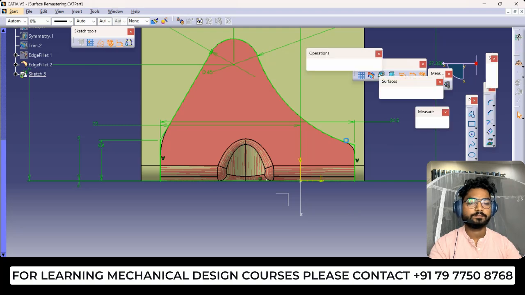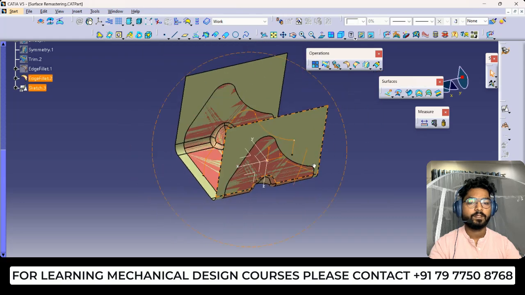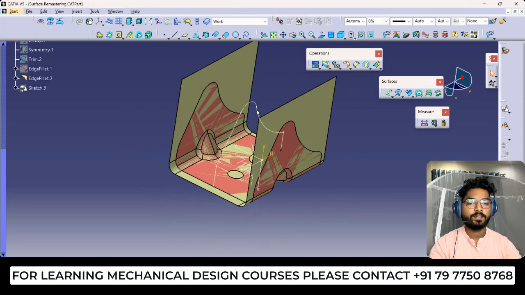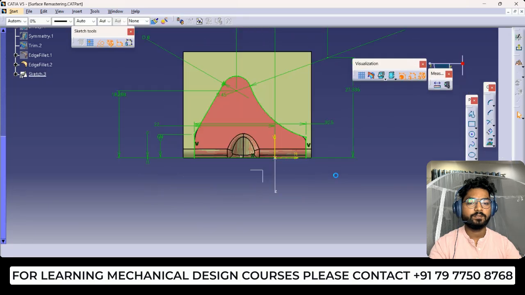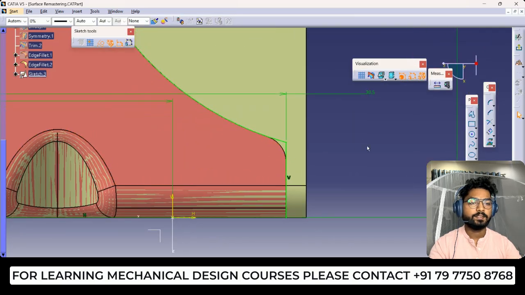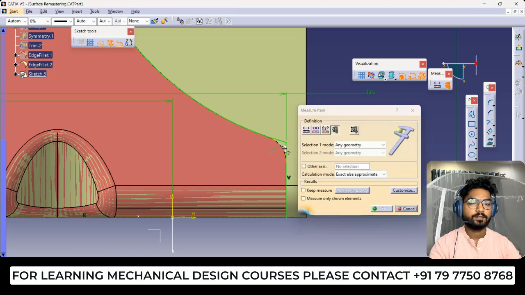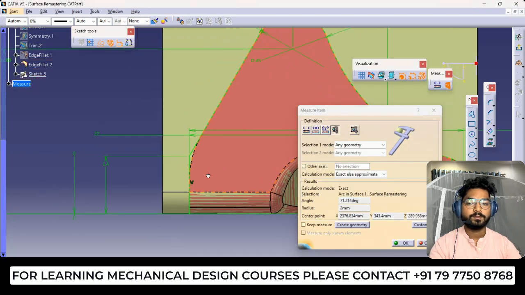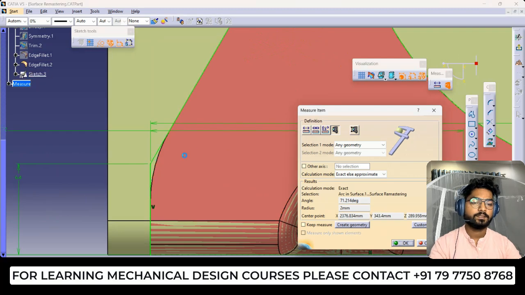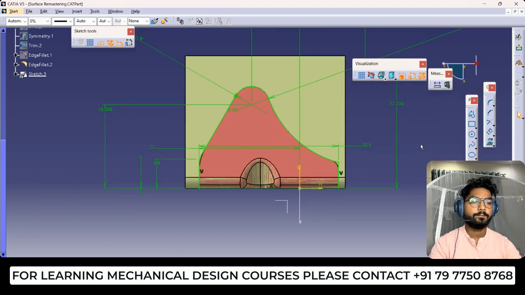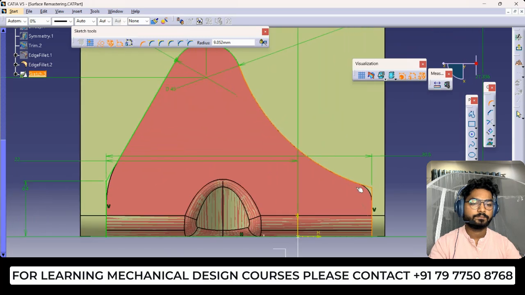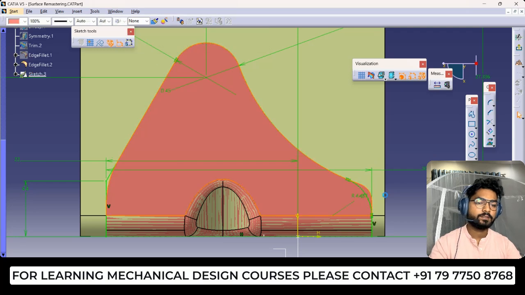exit. Okay, so this is the shape we are going to create. One more thing, here fillets are pending, so fillets also we can apply directly into the sketch. Fine. So this is our 2 mm radius, and this is our 10 mm radius. Okay, so we can select here this to this, change this again, reselect, this is how much,